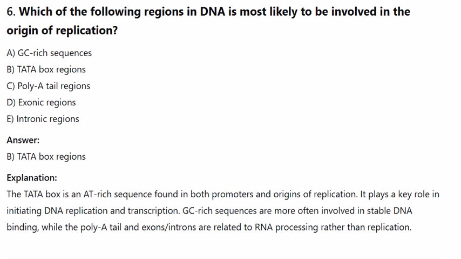Explanation: The Tata box is an AT-rich sequence found in both promoters and origins of replication. It plays a key role in initiating DNA replication and transcription. GC-rich sequences are more often involved in stable DNA binding, while the poly-A tail and exons and introns are related to RNA processing rather than replication. These questions cover